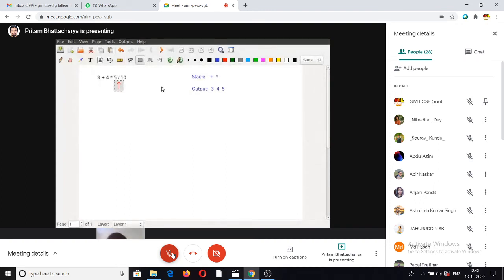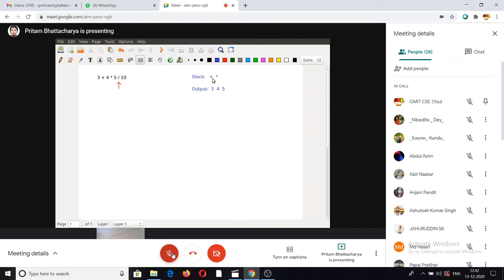Plus and minus are the same level of precedence, and division and multiplication are considered to be the same level. Here, as I said, I push it in only when the new operator is strictly greater in precedence than the current one on top of stack. Now here that is not the case, right? So when you see that the current top of stack operator is greater than or even equal in precedence to your current operator your arrow is pointing at, you are going to remove all the operators from the top that have greater precedence. So here it's only one, only star is there. Then when you go back to plus, it's actually lower precedence than division.